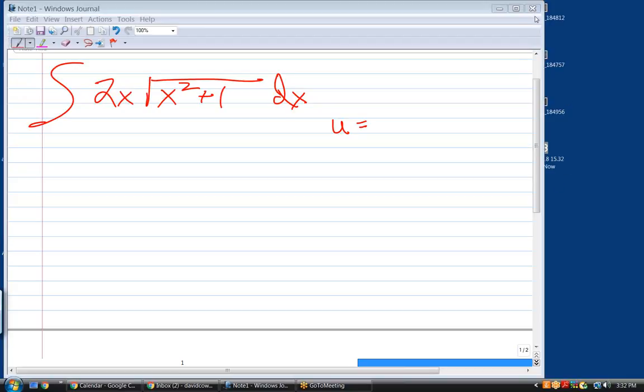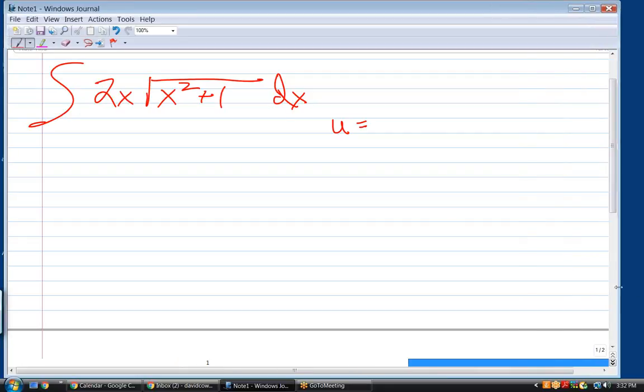How am I going to do it using U-substitution? What am I going to let U equal? I would do x squared plus 1. Okay. Now, the whole point of U-substitution is to turn this thing into an integral of U with a du,